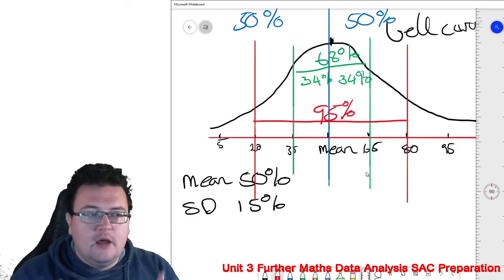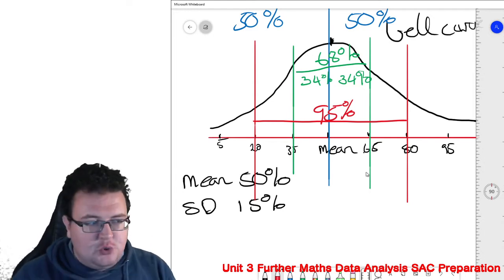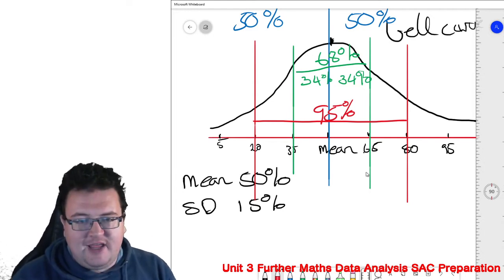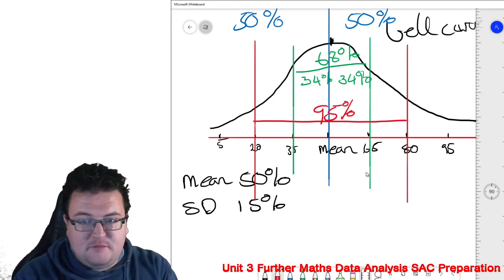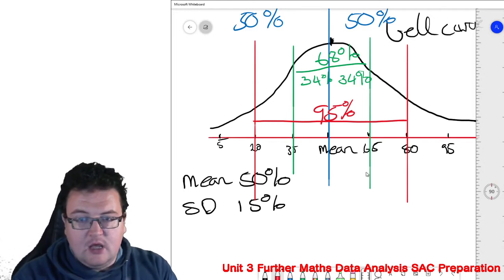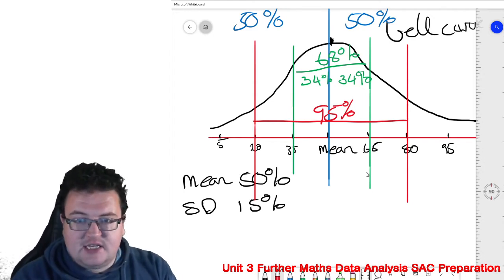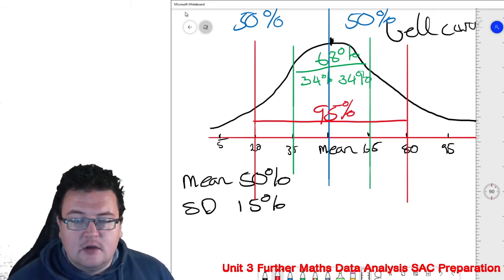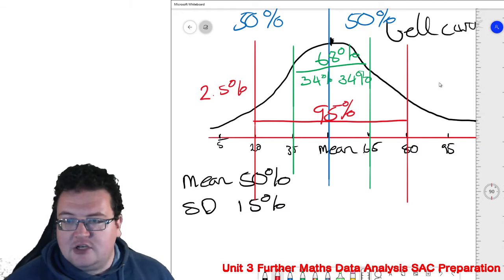And again, because it's a bell curve, it should be symmetrical. That means if I take the remaining 5% in red, I should have 2.5% here and 2.5